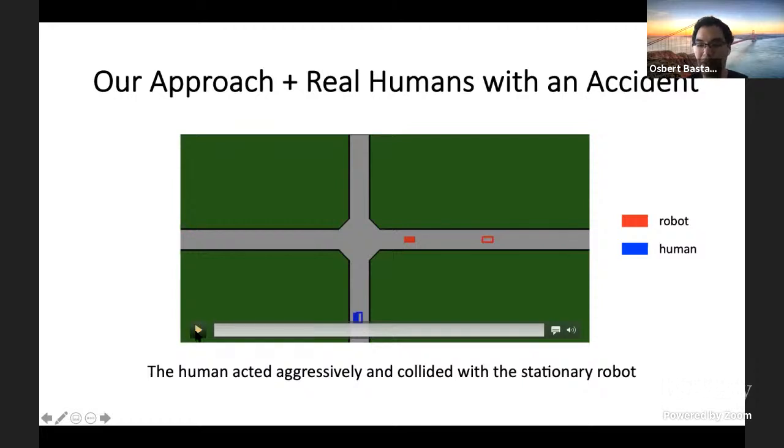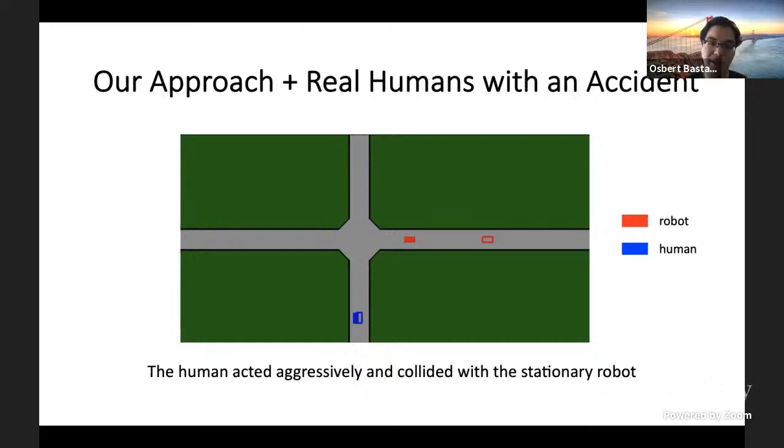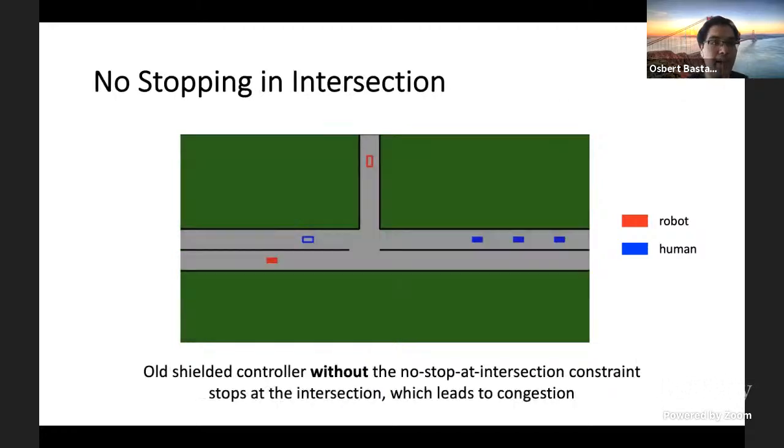In practice, you probably would want to be more conservative in terms of the parameters you set. We set our parameters fairly aggressively to show that you can get this kind of aggressive driving behavior. But if you really wanted to ensure safety, you should set the shielding parameters a bit more conservative. So the next two experiments just try to demonstrate the